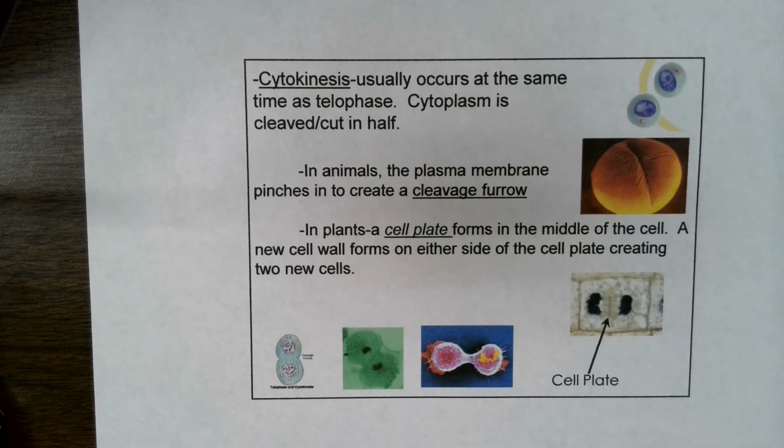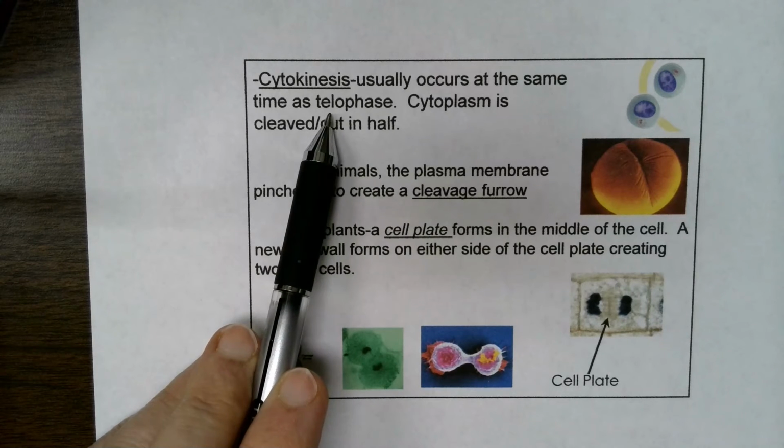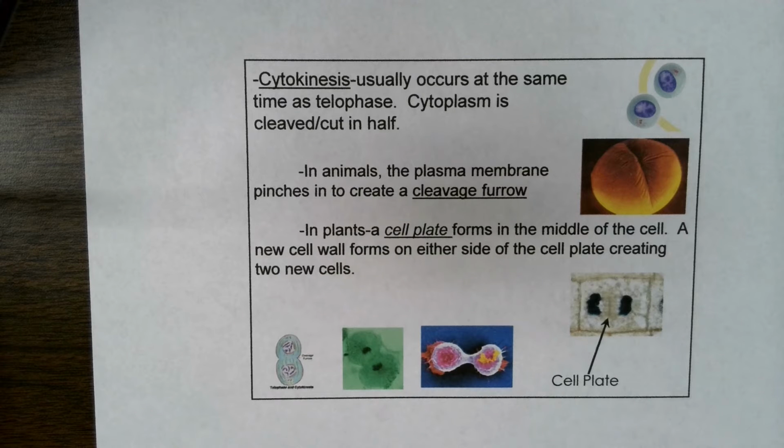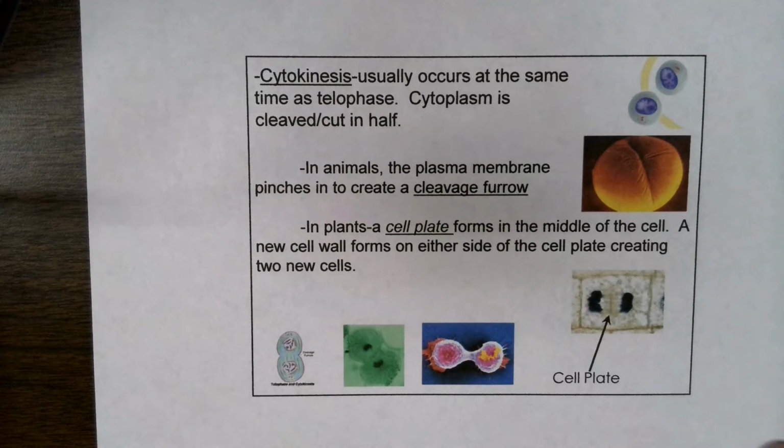So cyto in this case is referring to the cytoplasm. And so kinesis, this is a cleaving of the cytoplasm. So this is typically going to start at some point during telophase. If you go back to that original pie chart, you'll notice that there's a little bit of overlap once telophase begins. And I actually think that on that diagram it shows it starting, I'm looking at it real quick, it kind of shows it starting where cytokinesis may begin in anaphase. We typically say it takes place and starts more during telophase, and that's where the cytoplasm is cut or cleaved